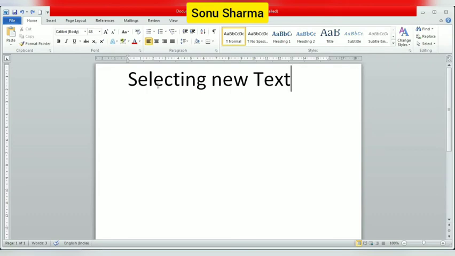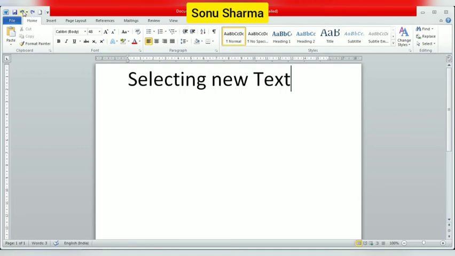And what is redo? Redo will reverse the undo action. So we got back this word text. Now again we will press redo here. Okay, redo, in this Quick Access Toolbar, will reverse the undo action. See, click on that. See, now this word text is gone. In this way, undo and redo are very useful while writing in Word.